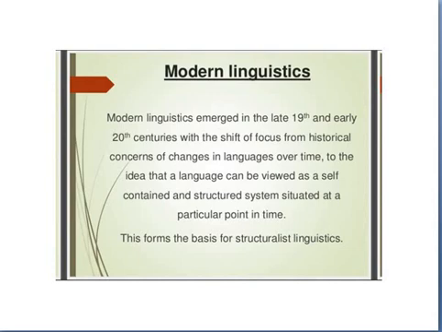shifted to the fact that not only does language change, but language structure is also systematic and governed by regular rules and principles. The attention of the world's linguists turned more and more to the study of grammar.